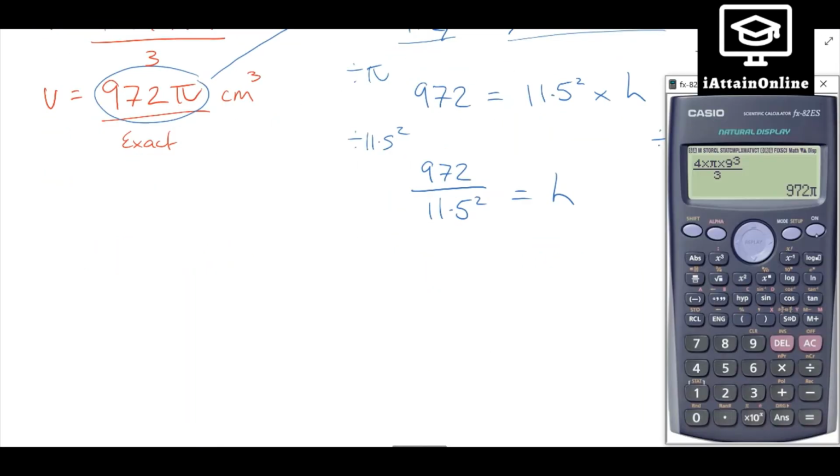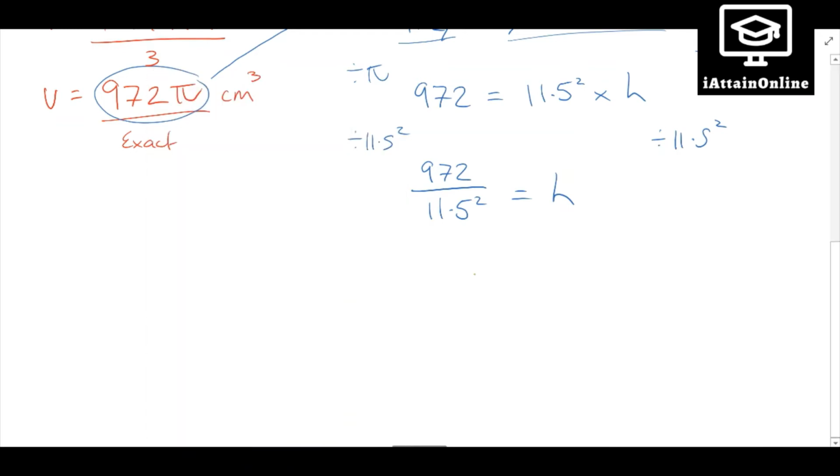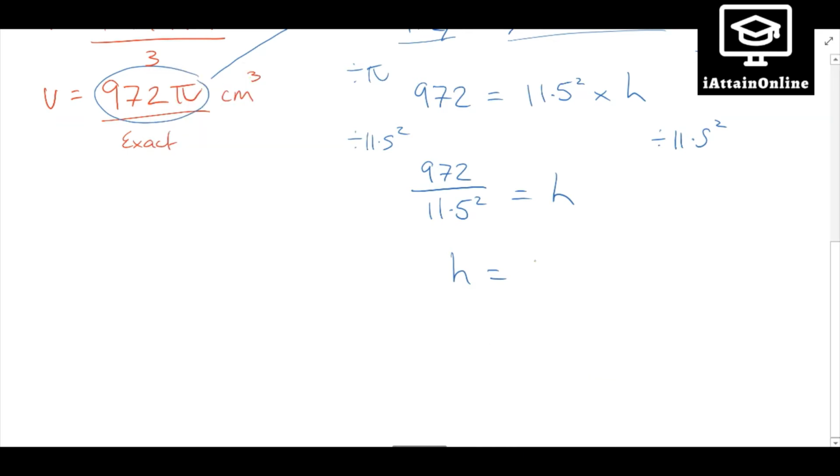And then if I just finish off the question here, 972 divided by 11.5 squared, press equals. Because this is my final answer, I'm now just going to turn that into a decimal. So h is equal to 7.35,